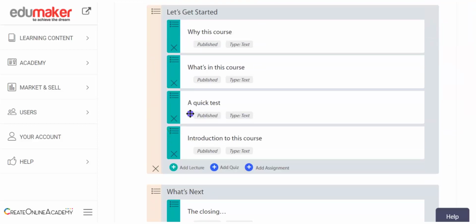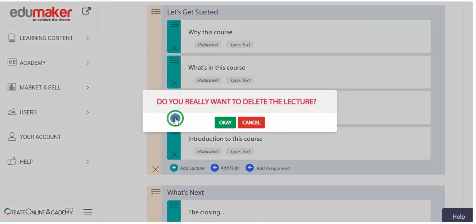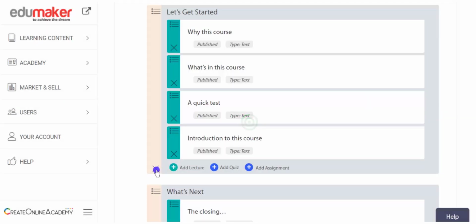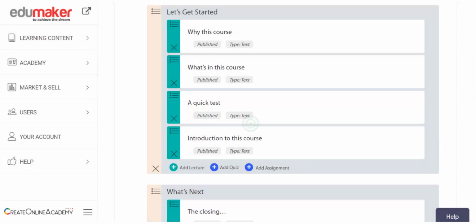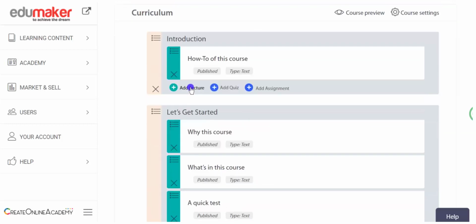You may delete the lectures, quizzes, assignments like this. Click OK, then it will get deleted. You can delete the whole chapters from here. But it is advisable to unpublish them instead of deleting. You may add new lectures, quizzes and chapters; from here you can add new lectures, you can add new